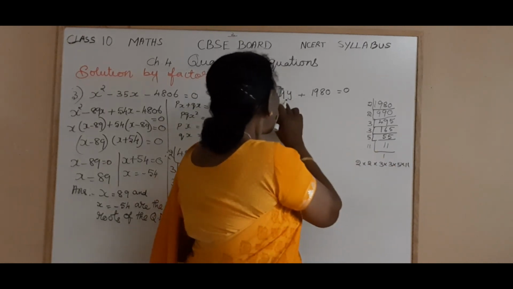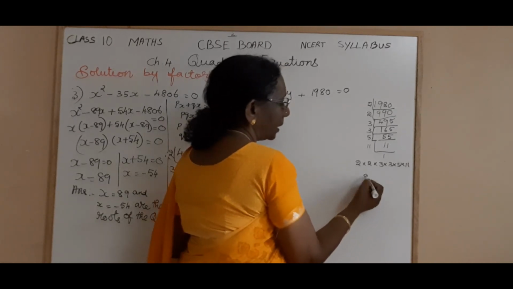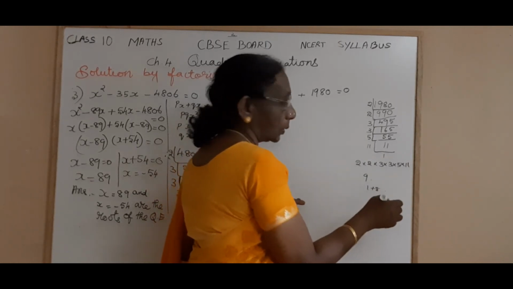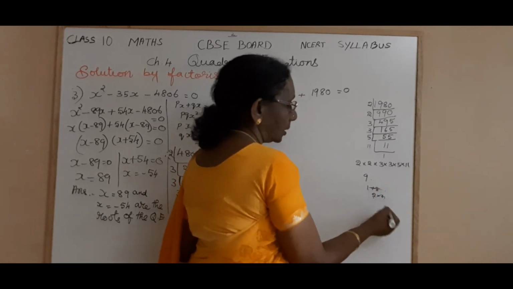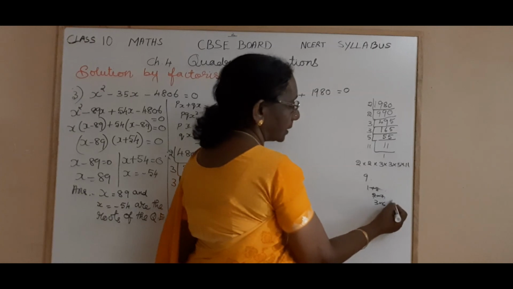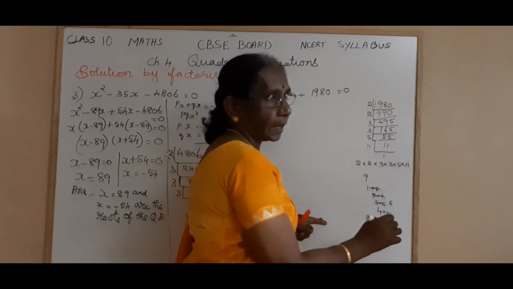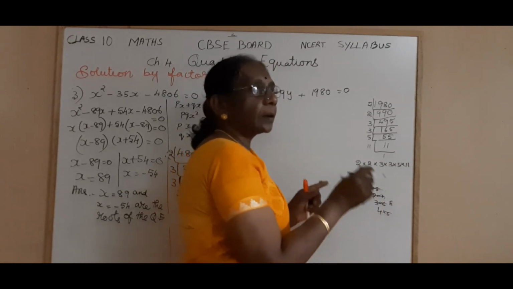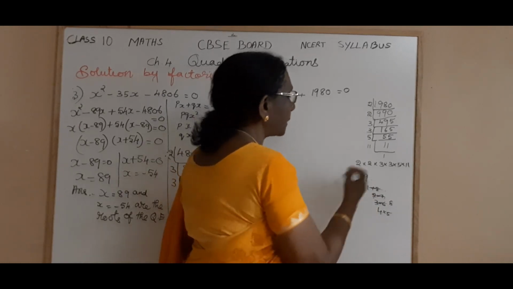Okay, so when you select a number, look at the units place. 9: 1 plus 8 is 9, but 1 8s are 8, and when you multiply you have to get 0. Isn't it? So we don't want that. Then 2 and 7. 2 7s are 14. We don't want that. And 3 and 6. 6 plus 3 is 9. But 6 3s are 18. We don't want that. Then 4 and 5. 4 5s are 20. 5 plus 4 is 9. Isn't it? So let us select two numbers in such a way that the units place of one number is 5 and the other number is 4. So let us group in such a way that we are getting that.